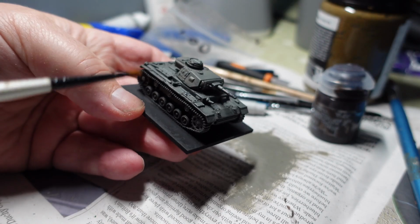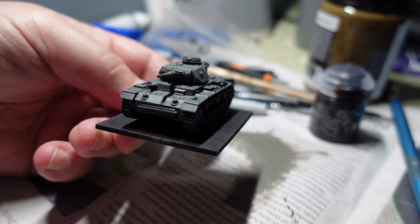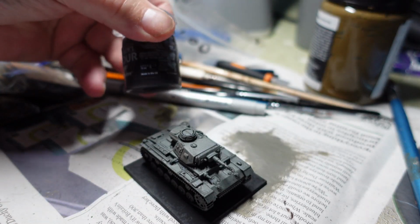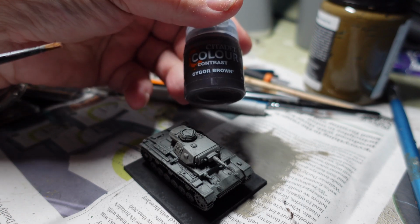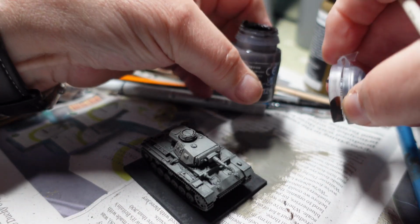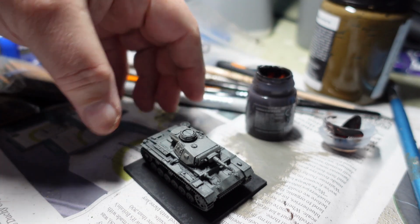Right, there you go. That's all dry. And actually quite effective already. This is just a basic colour. So what I'm going to do now is the tracks. Now for that I'm using this Contrast Cygor Brown, but any kind of dark brown is a good one for this, I think. I particularly like Contrast because I just think it applies so easily. And all I'm going to do,